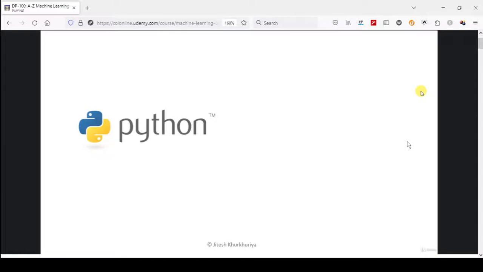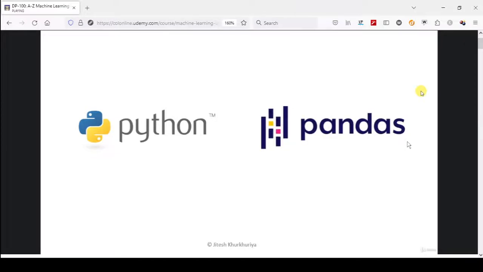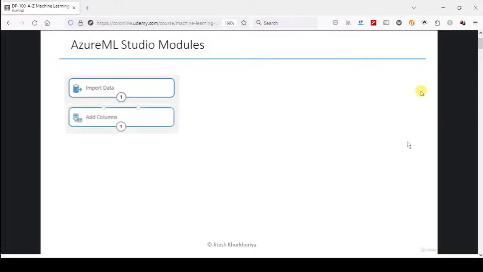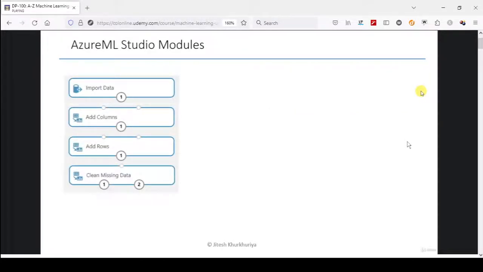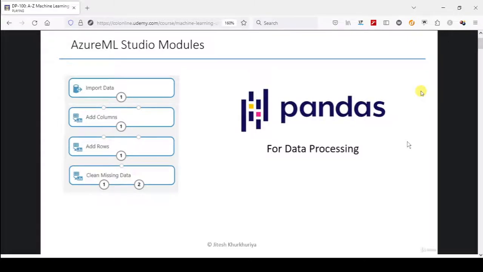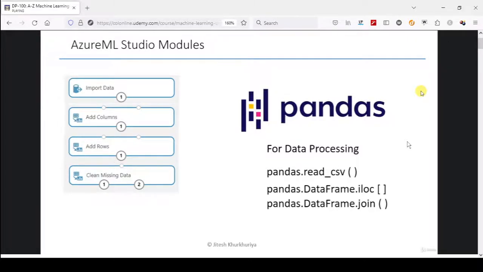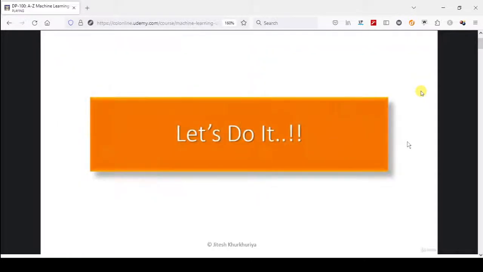Now in this section, let me introduce Pandas, which is one of the most powerful packages for data processing. So you have seen the import data module, adding columns, rows, cleaning the missing data, and many other Azure ML Studio modules. And now, when we are working with Python, we can achieve all of these data processing steps using Pandas. So let's go ahead and learn this in the context of the Azure ML Studio. And because you have already learned the Studio, I'm going to compare these data